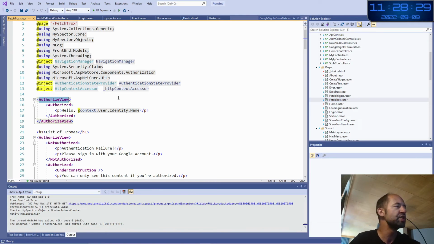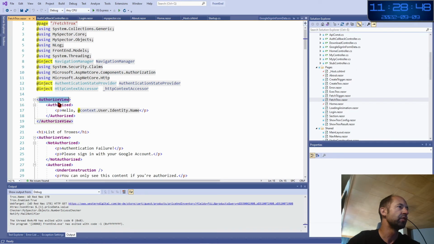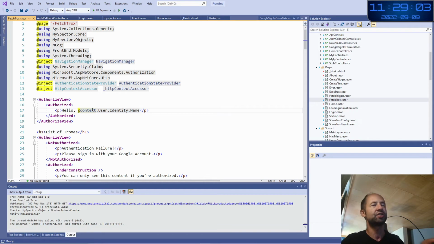control, which is the native way of Blazor server to recognize if you are authorized to view the content which is just below. And here, you see NotAuthorized, and Authorized. So here, if I am authorized, I say hello, and there is this magic keyword, context.User.Identity.Name. So I can access the user name like this because this is going inside the cookie, which is managed by Blazor to understand what the name is.